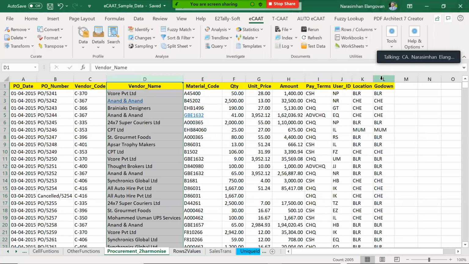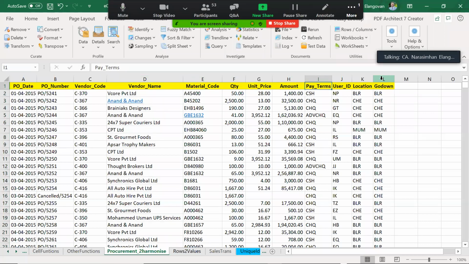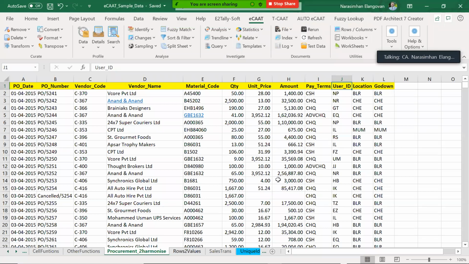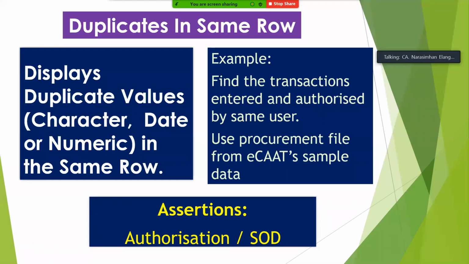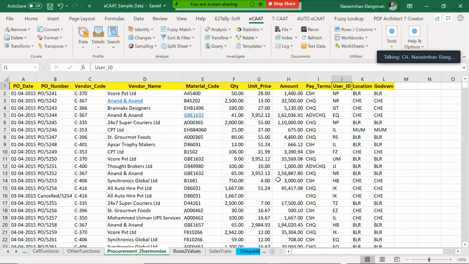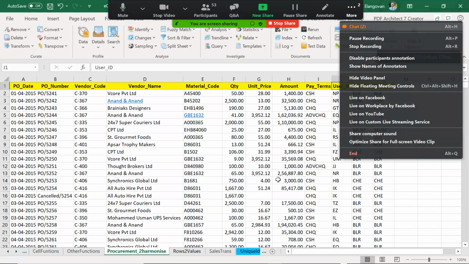Okay, I think you have to choose the file. Why am I getting this? I think the data set is Procurement to harmonize user ID based, right? I'm just seeing whether we have the adequate file. Duplicate values, entered and authorized by the same user. Do I have entered and authorized?